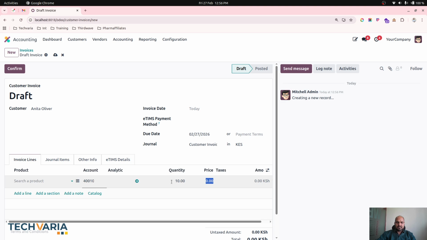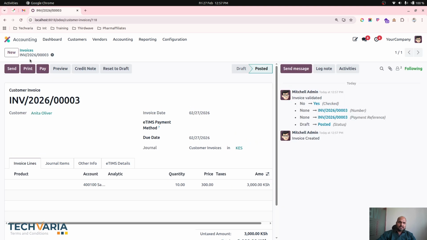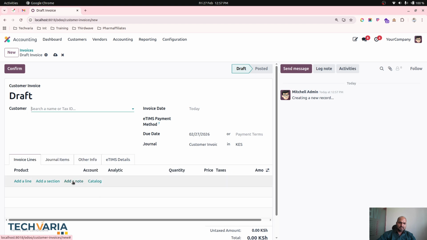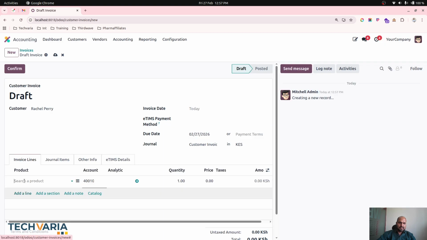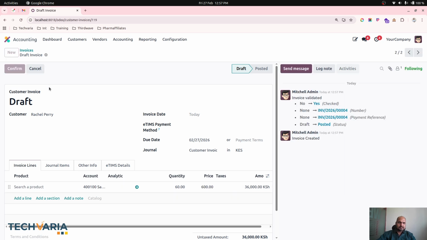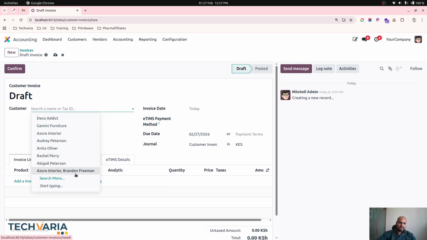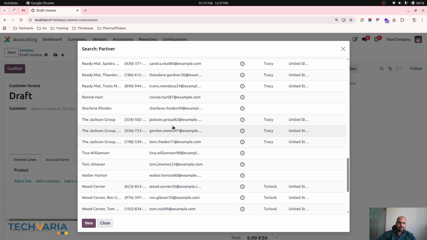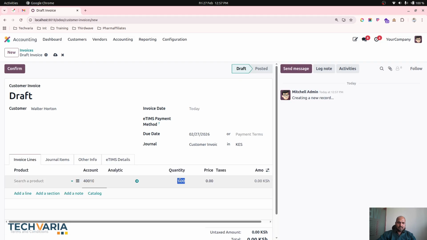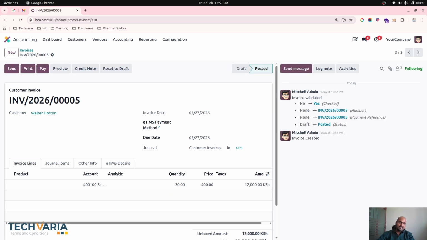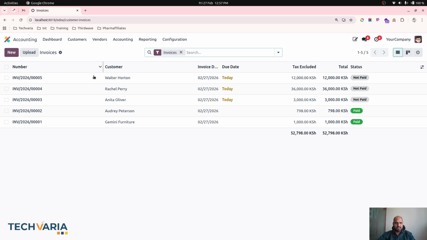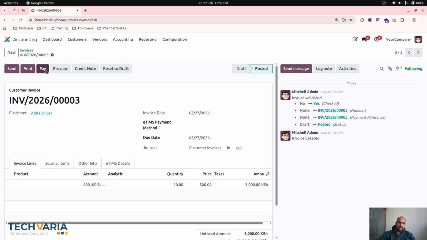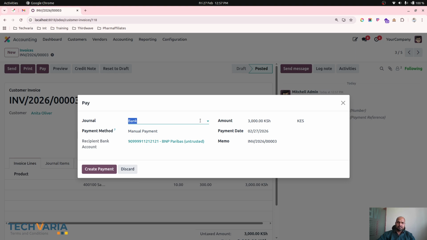So I am creating different customer invoices over here for different amounts. So I am creating, let's say, 3 different invoices. Now the invoice creation is all done over here, and now I am going to collect the payment in my